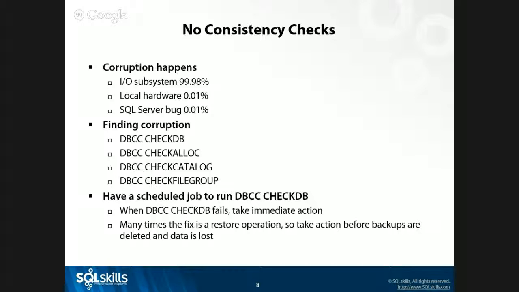99.98% of the corruption that occurs is related to an IO subsystem. So everybody give yourself a pat on the back. It's not us. It's not SQL Server that caused the corruption. It's your network, it's your storage, it's firmware, it's something between SQL writing to disk and the data getting to disk. The little blips, formatting a line, failing over a set of storage. It's still a lot of software involved, from all the firmware, from HBAs to the SAN, a lot of areas where something can go bad.